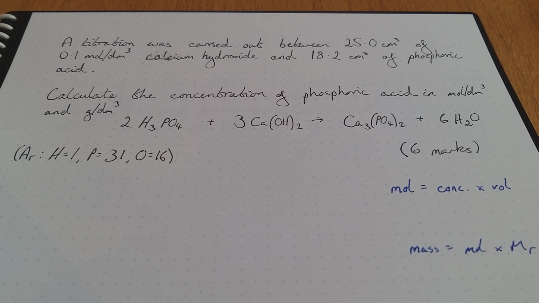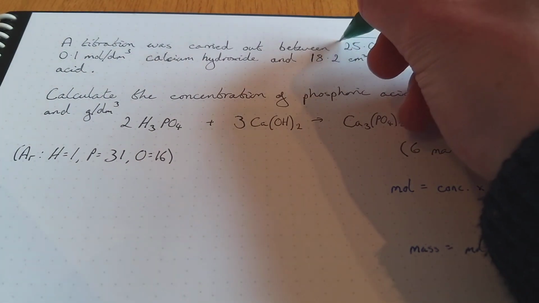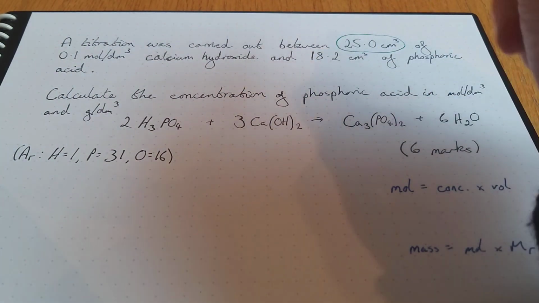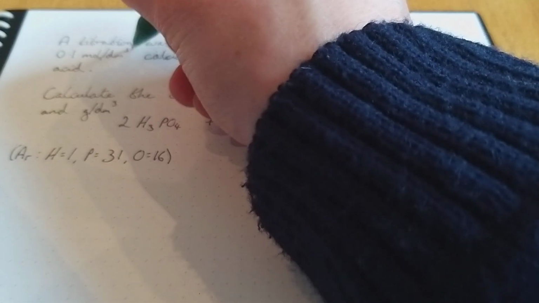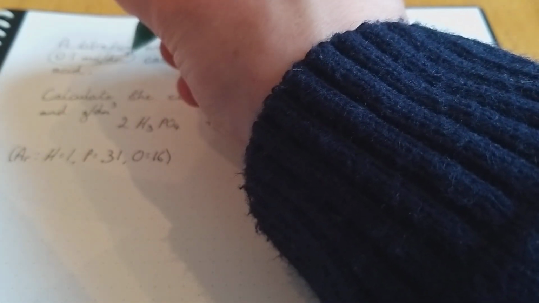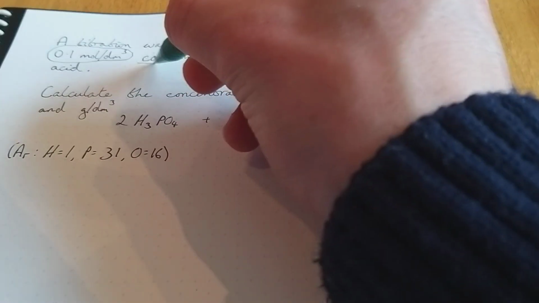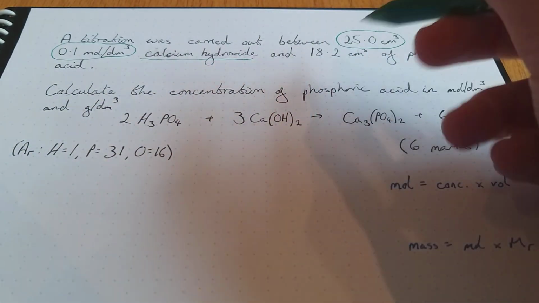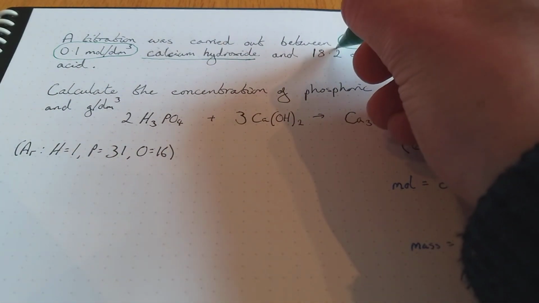Let's have a read through the question, and as we read through it, let's bug the question as usual to pick out the key information. So a titration was carried out between 25.0 centimeters cubed of 0.1 moles per dm cubed of calcium hydroxide. So let's just circle those two numbers, so 25 centimeters cubed, and the concentration 0.1 moles per dm cubed of calcium hydroxide,